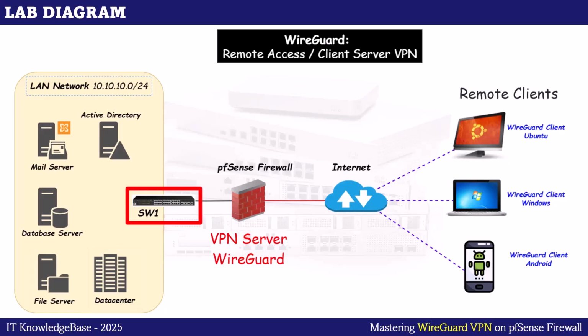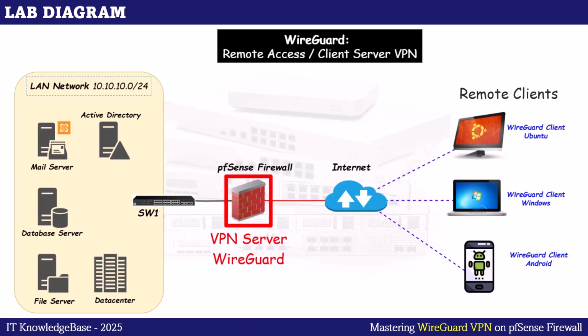We also have an internal LAN site switch. All the servers and the data center are connected to a switch labeled as W1. This switch handles the internal network traffic, and the switch is connected to a border edge pfSense firewall. This firewall acts as a security barrier between the internal network and external connections. On this pfSense firewall, we will install and configure the WireGuard VPN package. Additionally, this pfSense firewall will act as a WireGuard VPN server, facilitating secure remote access to remote workers or access